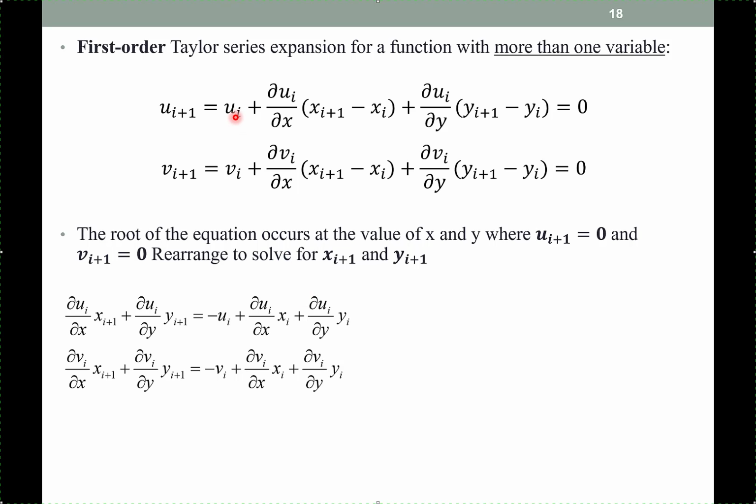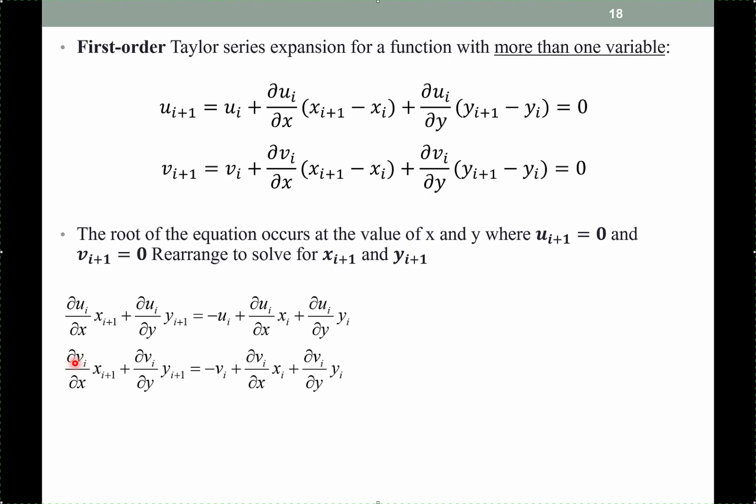So this ui is moved to this side, so it's a negative ui. And then this multiplied by this is a negative on this side, but if I move it to the other side, it's a positive, as we see here. And then the partial derivative of ui by y times negative ui is negative on this side, but if I move it to the other side, it becomes a positive. So the same thing is applied to this part of the second equation, where we're rearranging